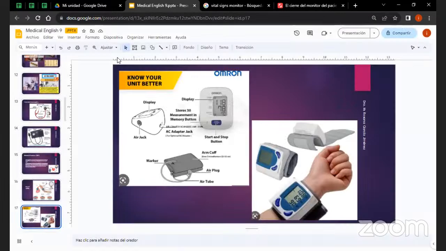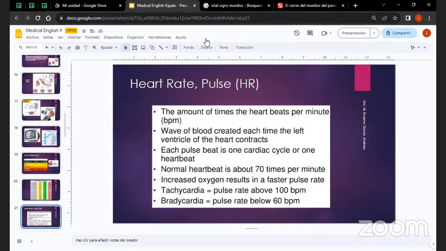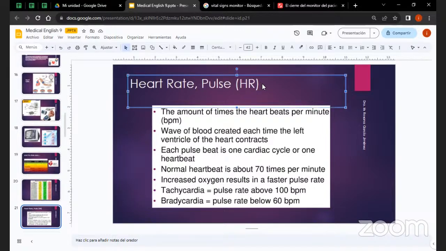Okay. Yesterday, we were also checking the parts and the values of the vital signs, the heart rate. Here you have the BPM, beats per minute, talking about the heart rate. The abbreviation of the pulse, I forgot to write it down, but it's just a P. Both of them, heart rate, HR or P,